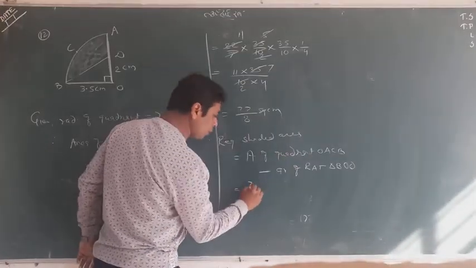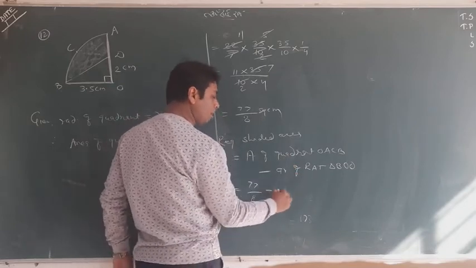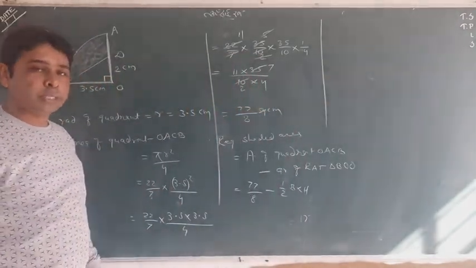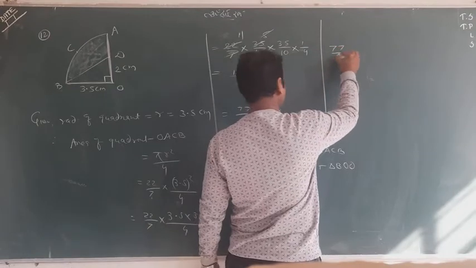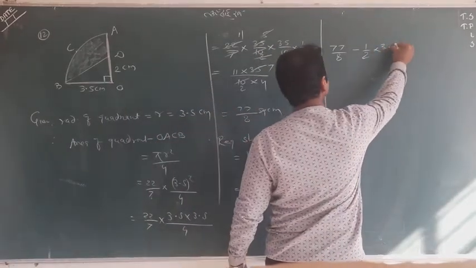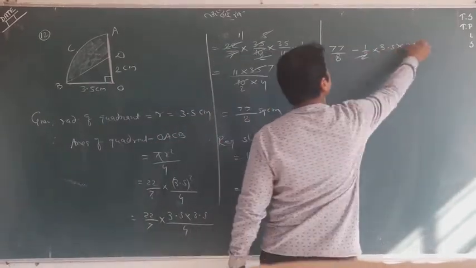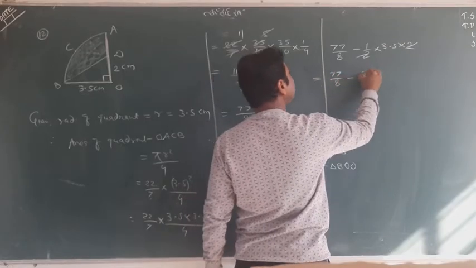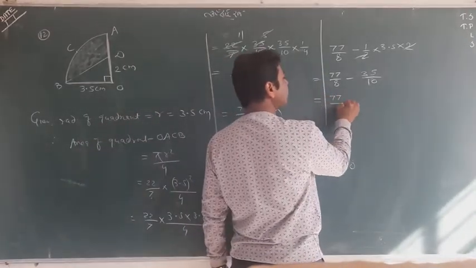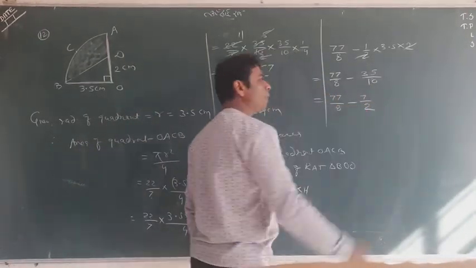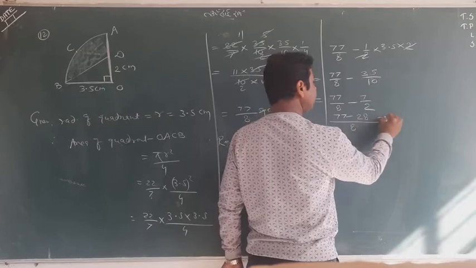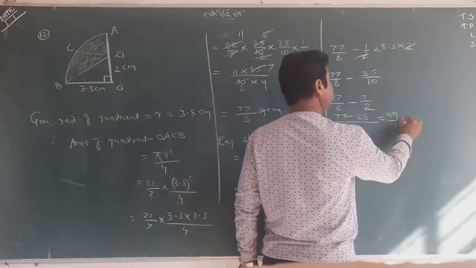You know, so this whole area minus the area of the right angle triangle. So the area of the quadrant we got is 77 by 8, and the area of a right angle triangle is 1 upon 2 base into height. That is very simple. So what will go? 77 upon 8 minus 1 upon 2 base into height. So base is 3.5 and height is 2. So 2 into 2 cancel. 77 upon 8 minus this I will write 35 by 10, and also I can write 77 and this 5 7s are 35, 5 2s are 10, and the LCM is this 28, 49 by 8 square centimeters.